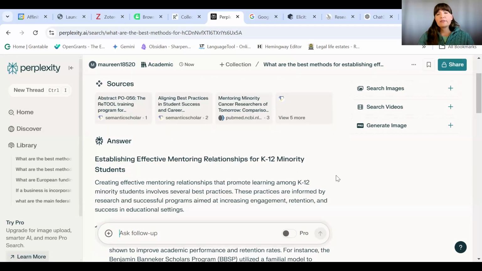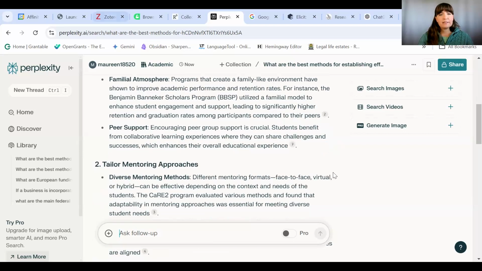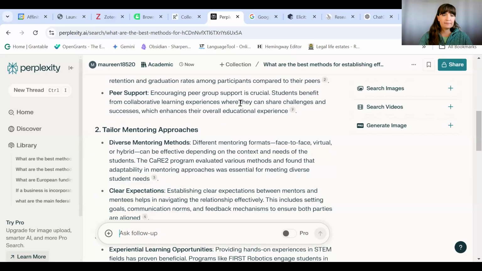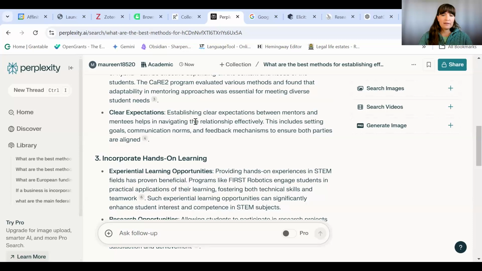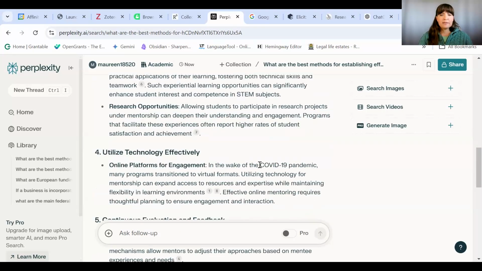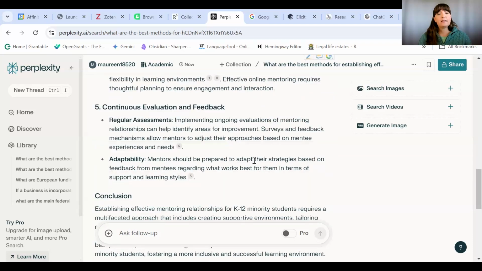What it's doing, however, that our general search doesn't do is it's really focusing in on very specific programs. And that may or may not be useful. So for example, it's pulled in a very specific program on the COVID-19 pandemic. Is that useful to what I want to do with my mentoring program and increasing mentor-mentee relationships? Probably not. And so, yes, it is going to provide you with some good general background in this space, but